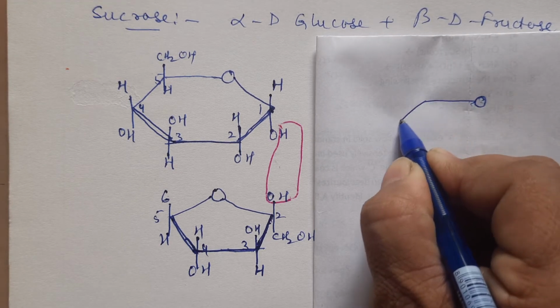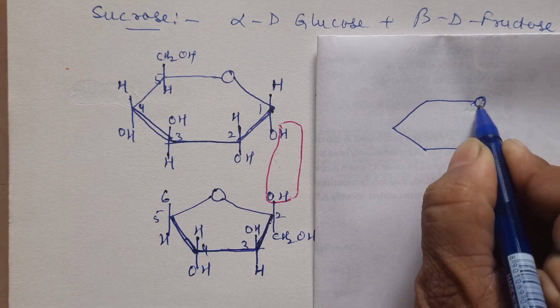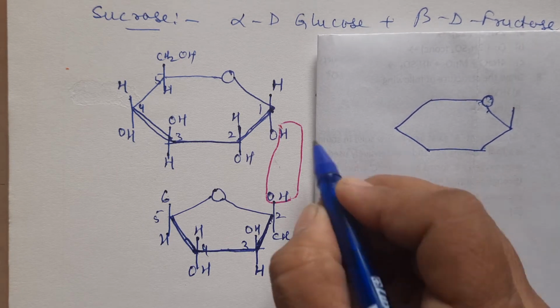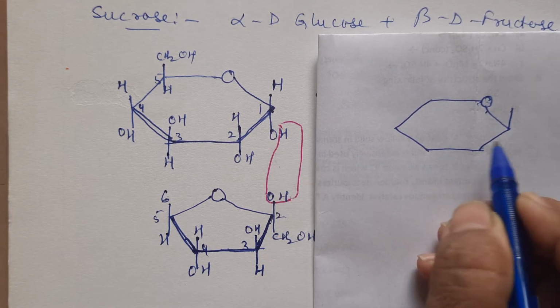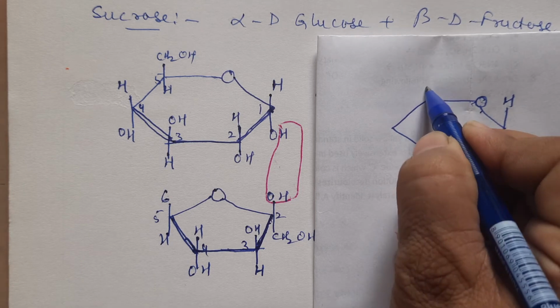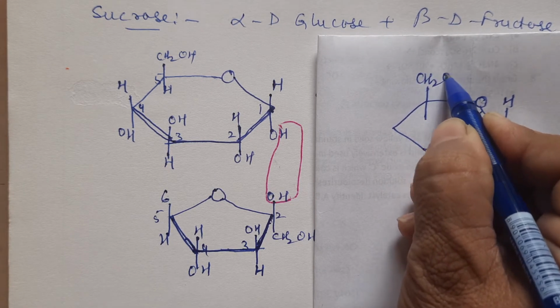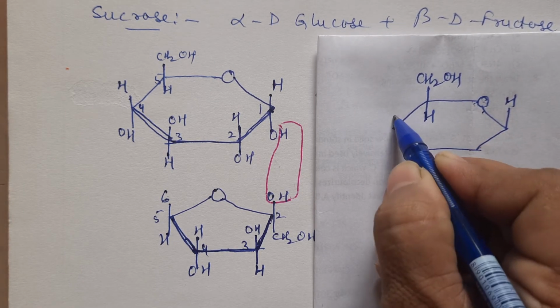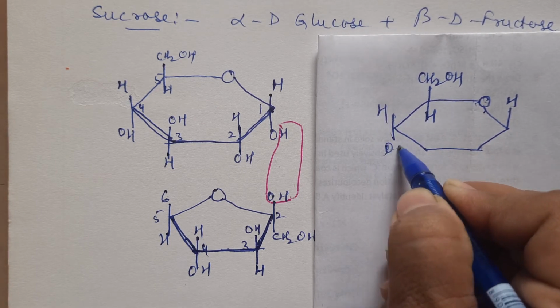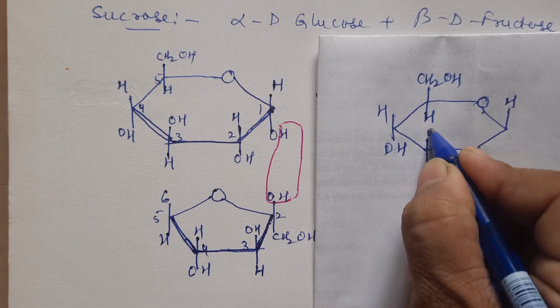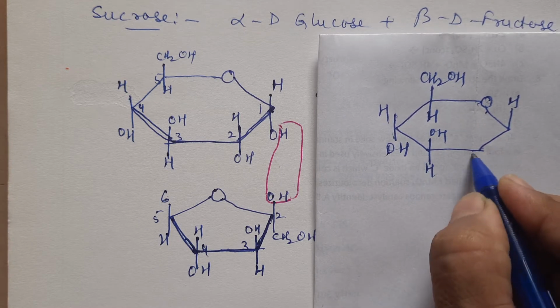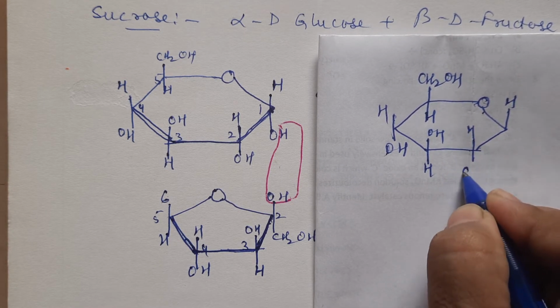O. This is as such. Now this only O is left. So I will just draw H on the top. Here I will draw CH2OH. I'm just copying this structure, children, here. So do not get confused at all. It is very, very simple. But only thing is you practice these structures on your own once.